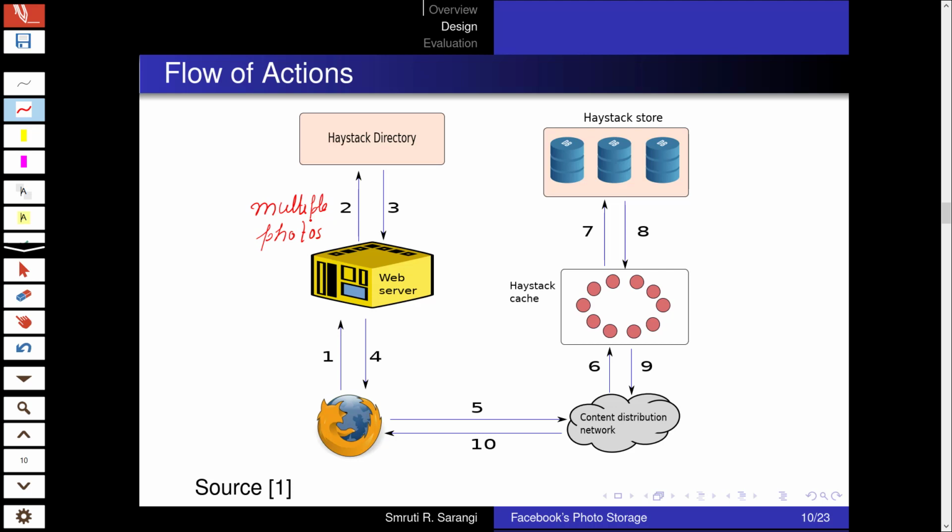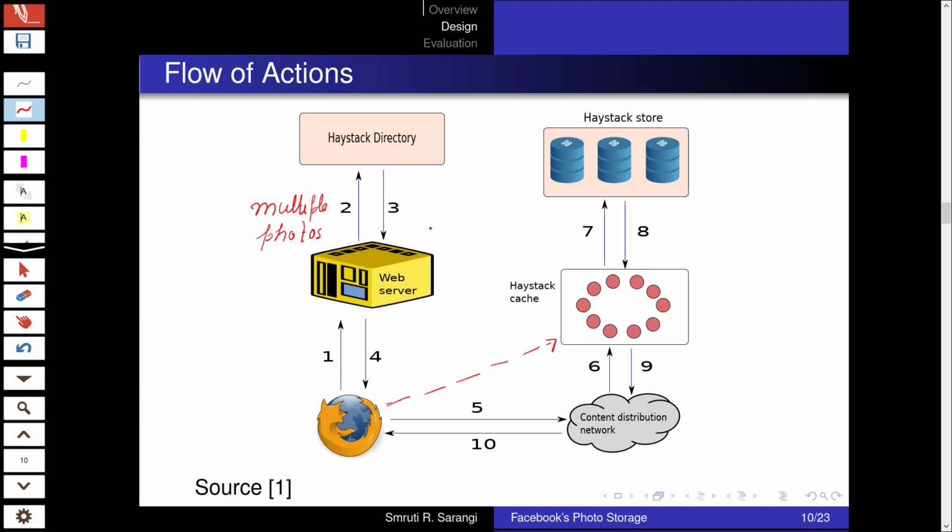Then the first decision that the Haystack directory takes is whether it should direct the user directly to the CDN or directly to the Haystack cache. In the sense, one connection of this nature exists, where the user can be directly directed to the Haystack cache by bypassing the CDN.